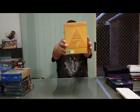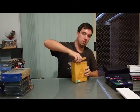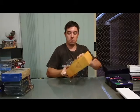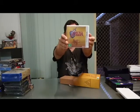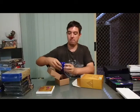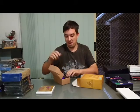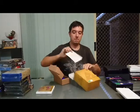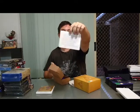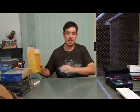We've got the Ocarina of Time, Legend of Zelda, and this is the Ocarina edition, which actually comes... It's not sealed, so I'll show you. It actually comes with an Ocarina. So we've obviously got the 3DS game. And this cool little Ocarina it came with. I'll spare your ears and I won't play it because I have no idea how. It even comes with a little music sheet to play some of the songs from the game. Pretty awesome. And last but not least, probably the latest one I bought,